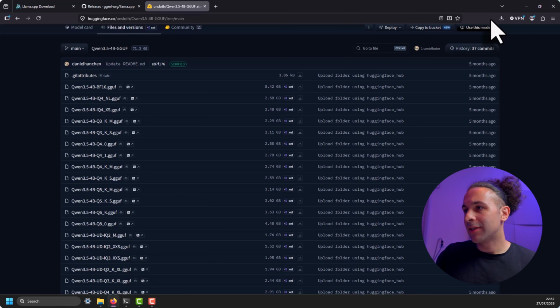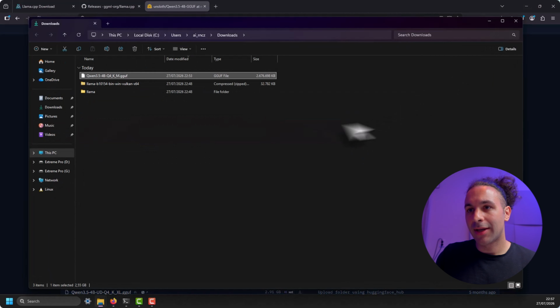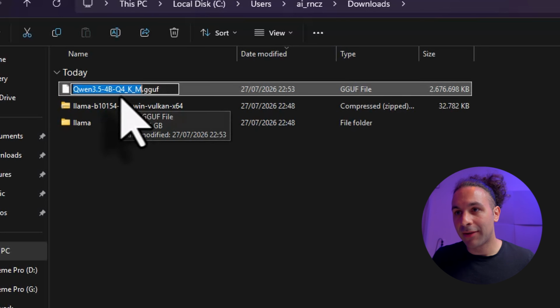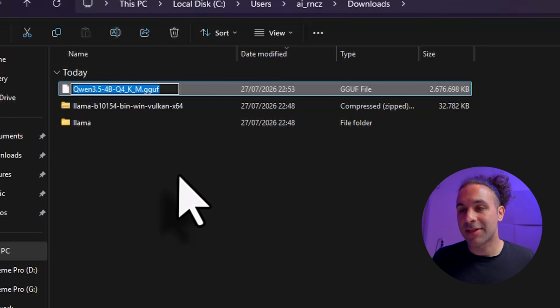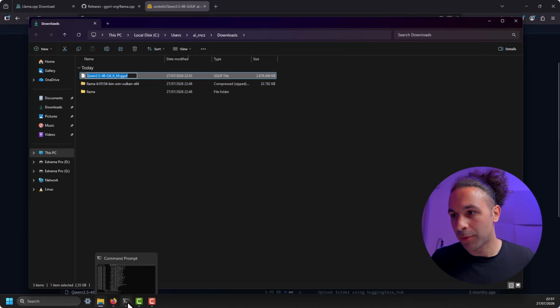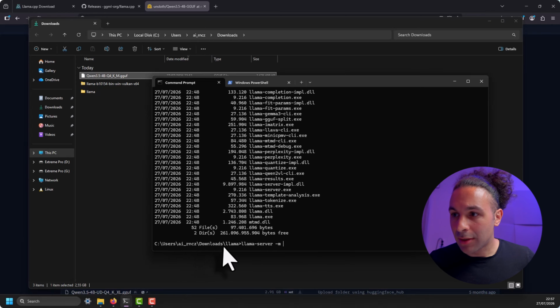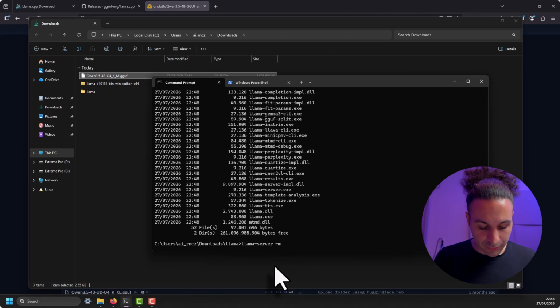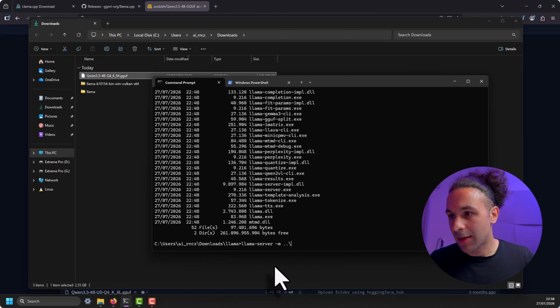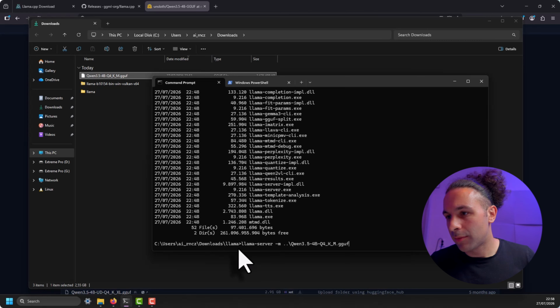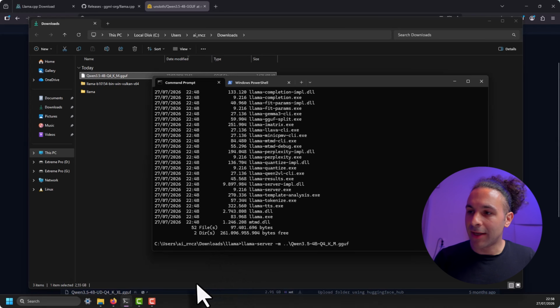Alright, once the model is downloaded, let's go to the downloads folder. And here we see our model. So all we gotta do is hit F2. We're going to copy this, Ctrl C, and then we go back to our terminal where we can fill in our model. And because we are in the downloads folder, this is one folder up, slash, and then we put the name there. So that means one folder up from the Llama folder, and then you end up in the downloads folder. So now hit enter,